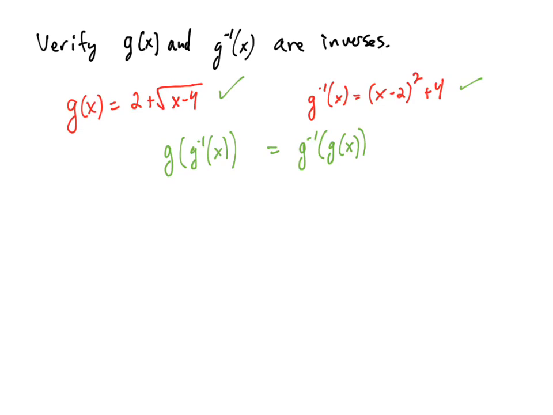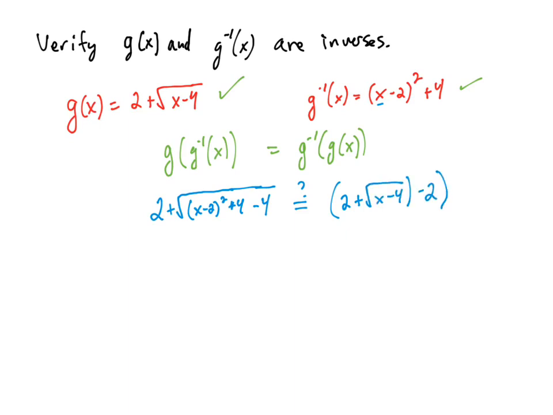So on the left-hand side, I'm going to use the inverse function as the input of the original function. So the original function is 2 plus square root x minus 4. In place of x, I'm going to use this. So x minus 2 squared plus 4. And then I need a minus 4. So is that equal to, now I'm going to take the inverse function, and in place of x, I'm going to use the g of x function. So 2 plus square root x minus 4 minus 2, that is all getting squared,